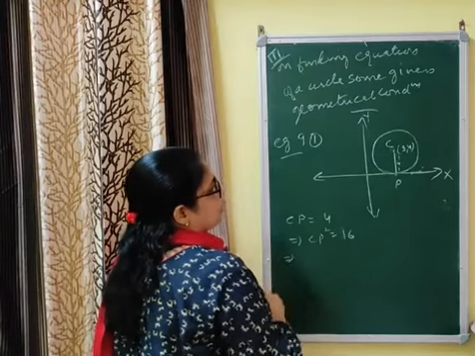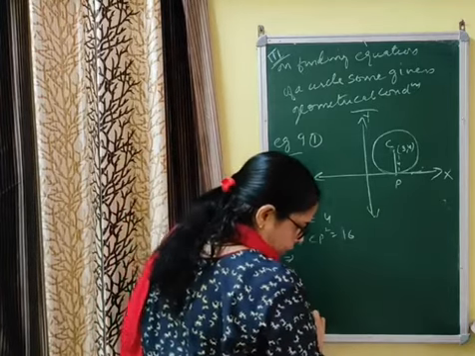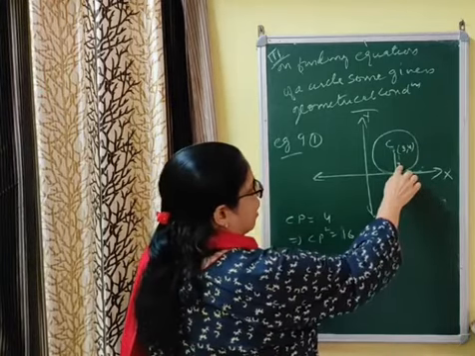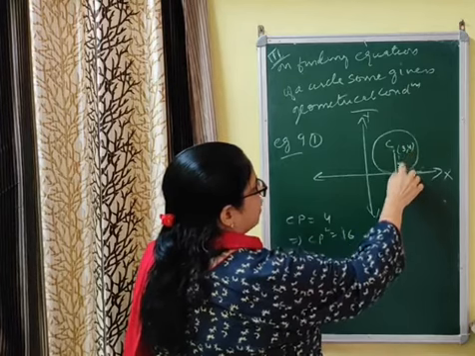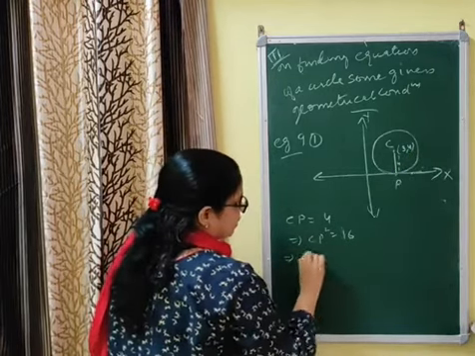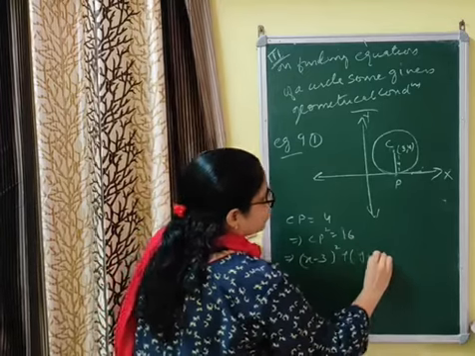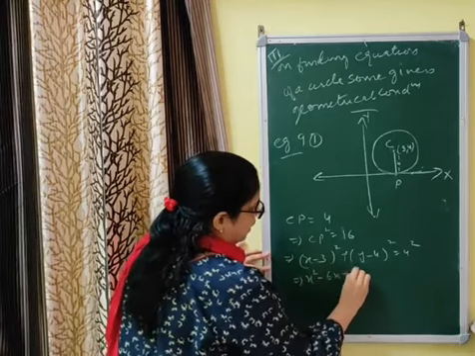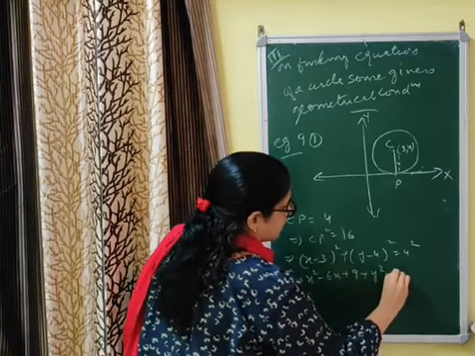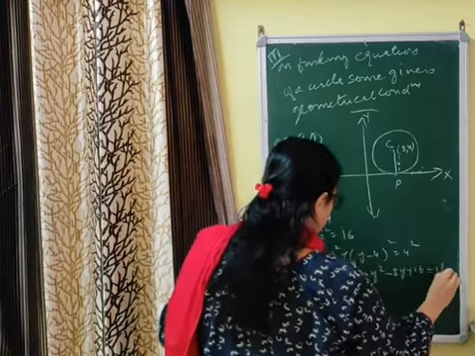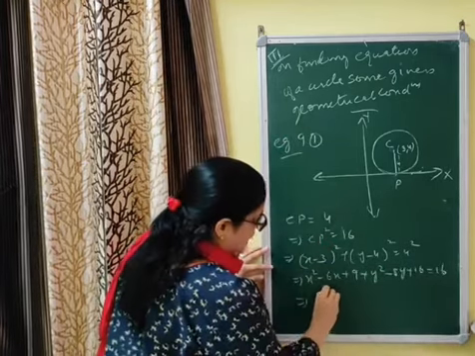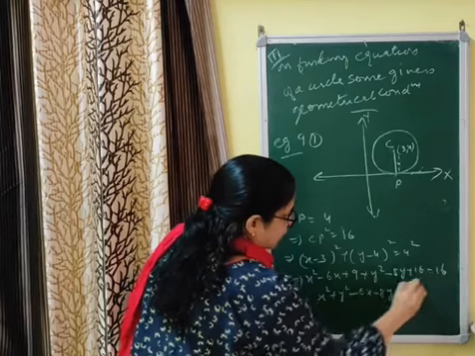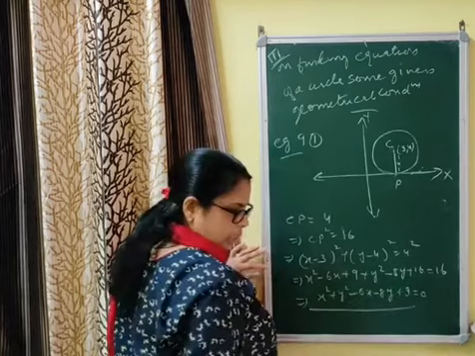Now by the distance formula, the equation is (x minus h) whole squared plus (y minus k) whole squared equals r squared, where (h, k) is the center and r is the radius. If you put it in, you get (x minus 3) whole squared plus (y minus 4) whole squared equals 4 squared. That is x squared minus 6x plus 9 plus y squared minus 8y plus 16 equals 16. Now converting to standard form, you get x squared plus y squared minus 6x minus 8y, the 16 gets cancelled, plus 9 equals 0. This is the first case.